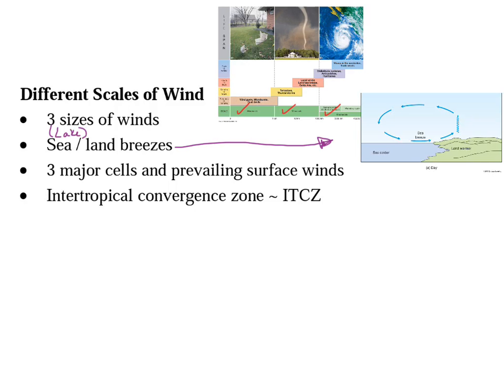But we talked about a few of those mesoscale, middle scale winds. The lake breeze in Chicago is an example of a mesoscale wind. The reason we get a lake breeze is because Lake Michigan is delayed in how it heats up. The land heats up faster than the ocean or the Great Lake, and so you end up with